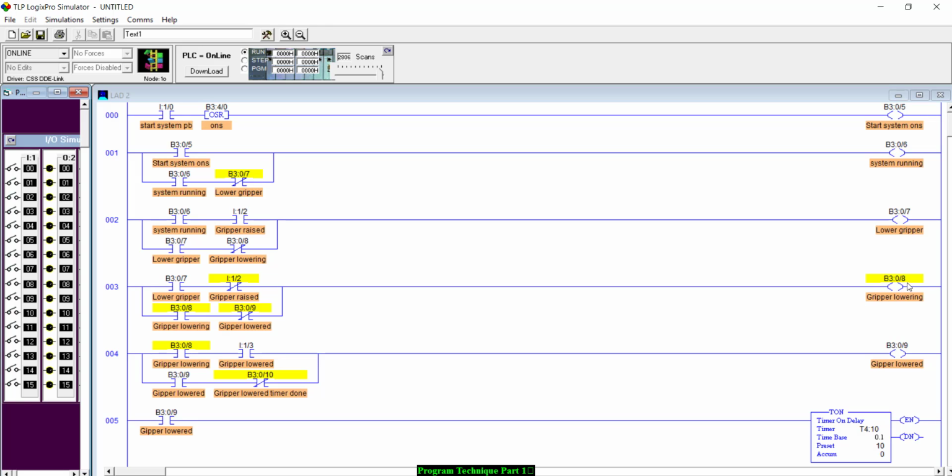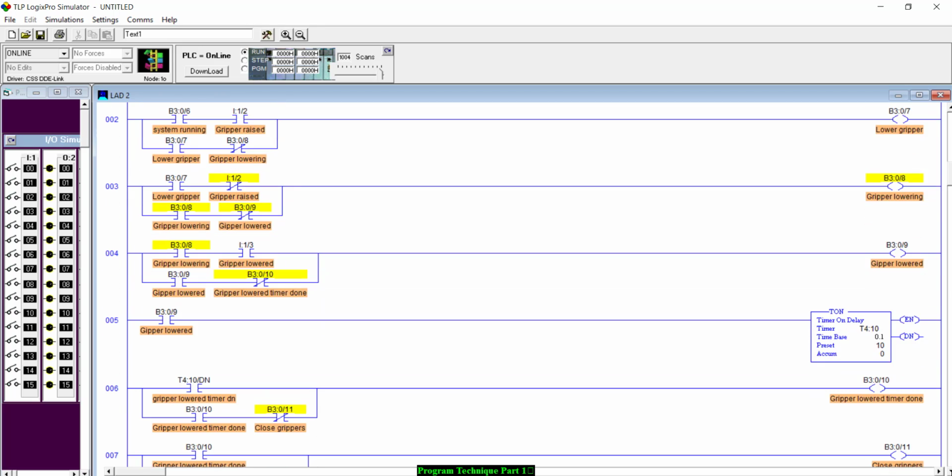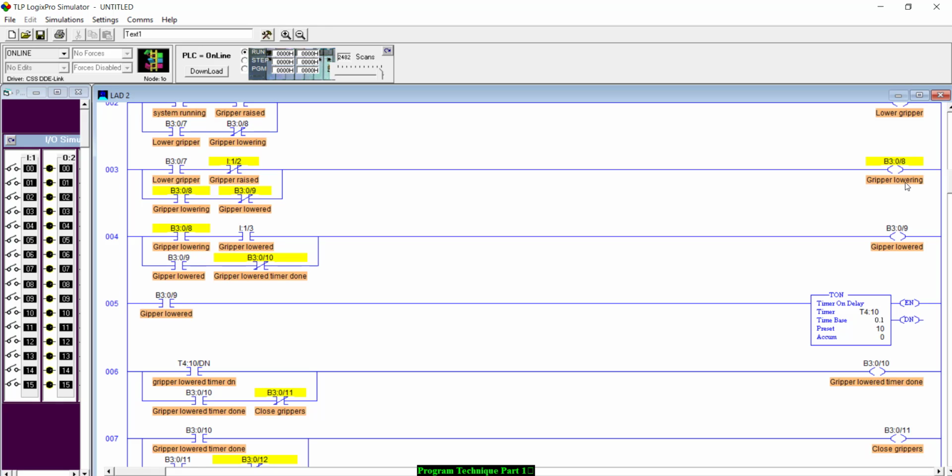Now, what's the next piece of this? So gripper is lowering. Next piece is gripper lowered. So if I turn I3 on, now I get gripper lowered. As you saw, the timer timed here, and I got gripper lowered, timer done,